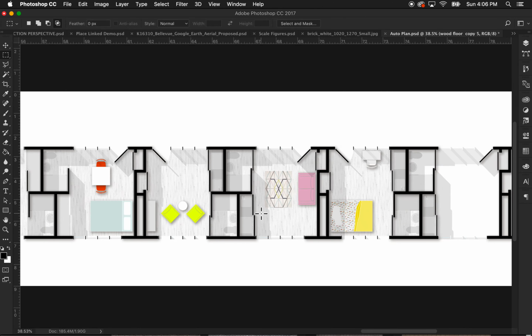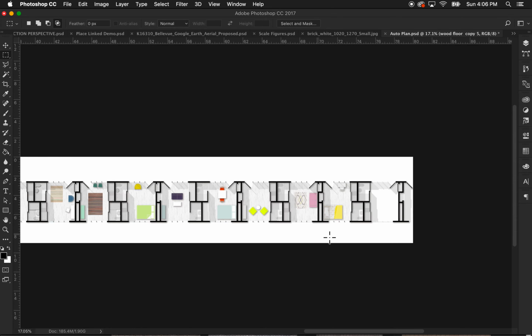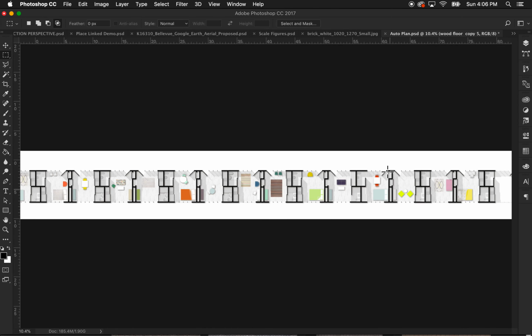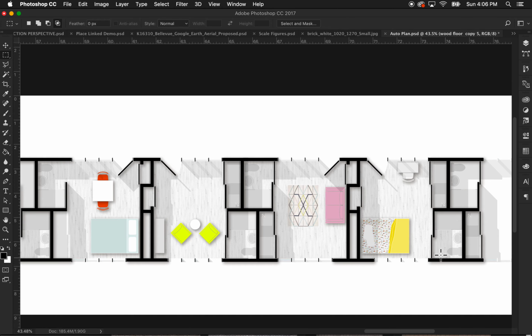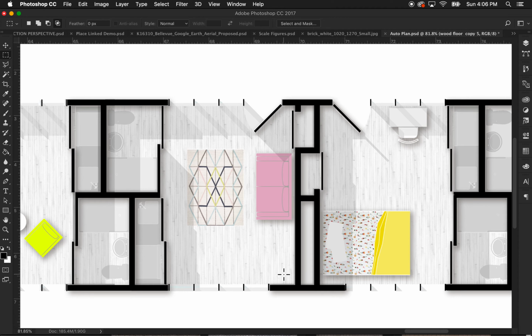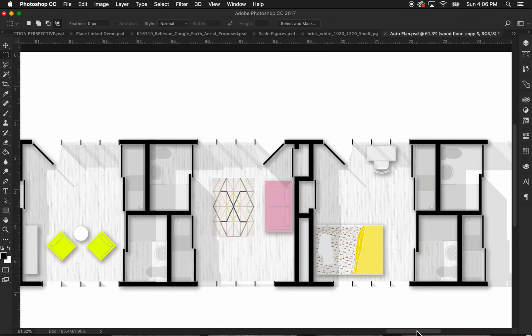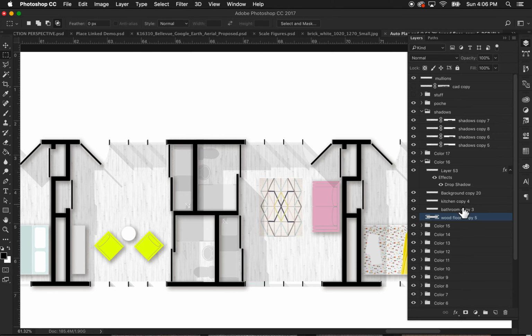This is a file just to show. This was a project where it's the longest building ever. So it was a fun one. But this one is just to show how you can take some line work, some shaded view, or a light shadow view, and really have fun with the drawing pretty simply. So this one, I'll just show you some of the layers. It's a lot of layers, but